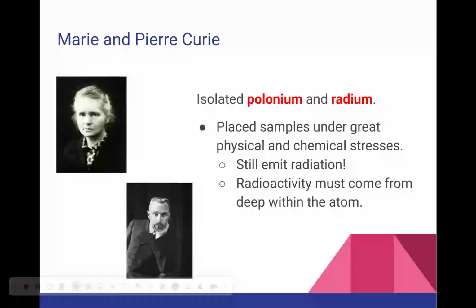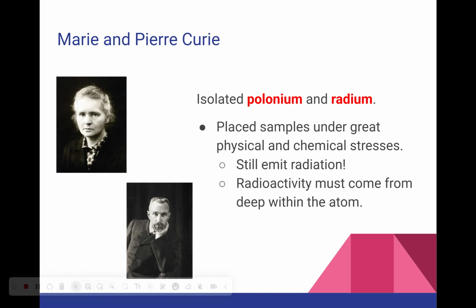Anyways, they decide that they want to do their own research into substances that radiate, this radiation thing that Henri Becquerel has seen. And they end up actually isolating 2 elements that had never been seen before. Polonium, named after Marie's homeland of Poland, and radium, because it's radiating radiation. Anyways, they do every test that they can on these elements. Every chemical reaction, every physical experiment, put them under huge stresses and everything, and it never stops them from emitting